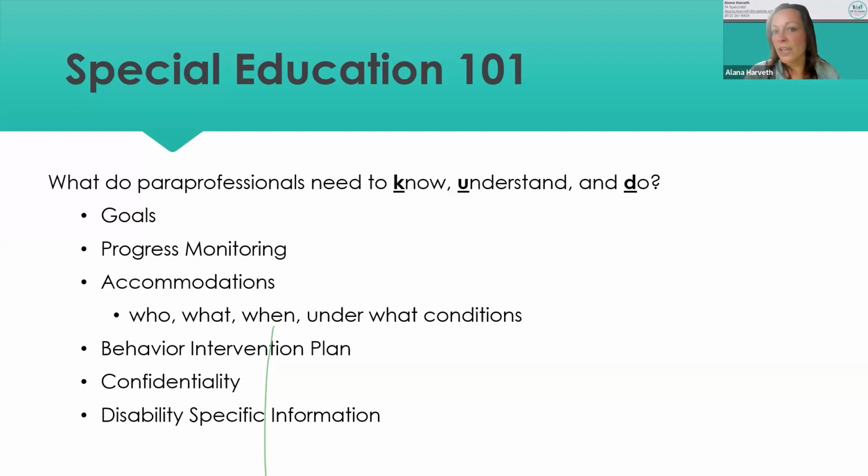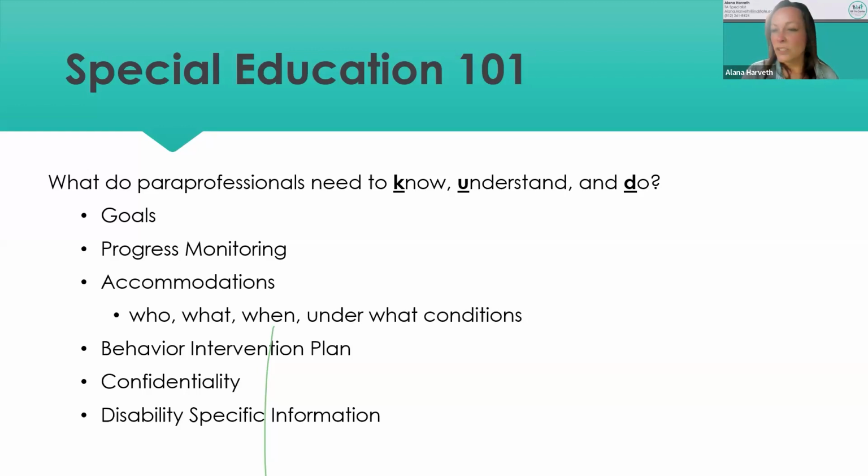So that is just something that I would advocate for as a para or an IA, to make sure that I know. So hopefully you guys all have access to those, but in my building, I'm not sure if all of my paras really knew to ask that. I shared it myself because I know that we are a team and we need to work together, but I don't think all districts think about that kind of thing. A teacher would definitely be able to share that with you, but if you wanted to ask, I think that's something that you could ask about.